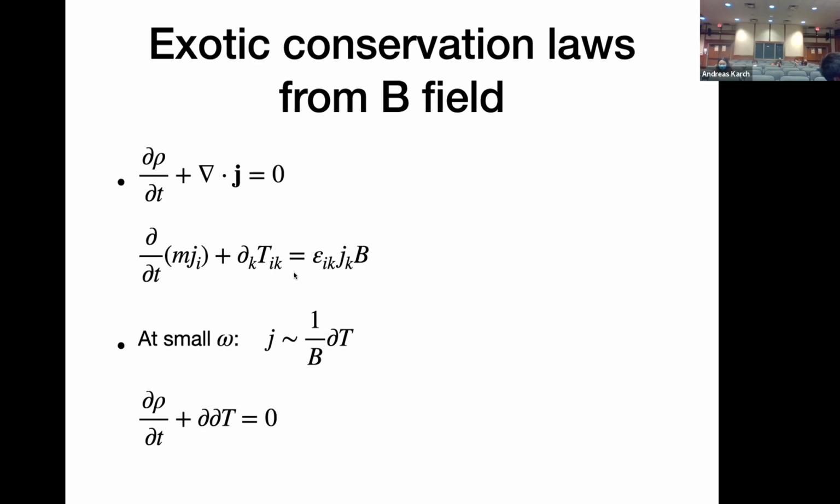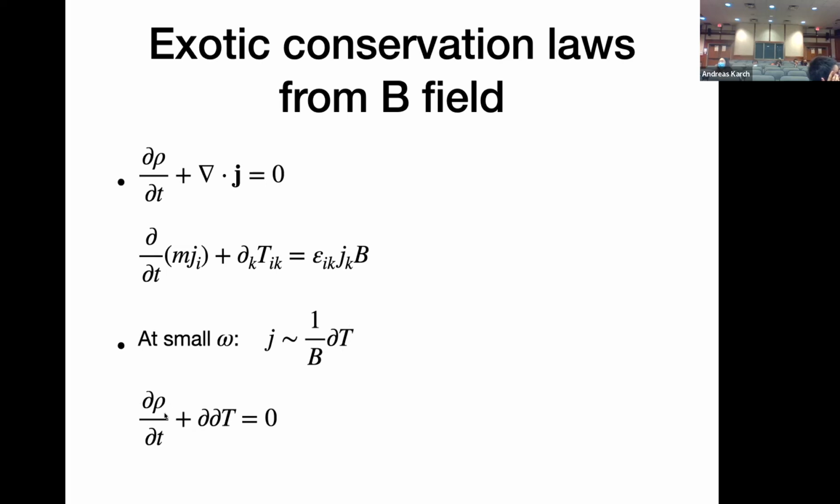So the second equation suddenly becomes not a conservation equation, but a constraint equation that says that the current is tied to the divergence of the stress tensor. I'm suppressing here all the indices. One can easily restore them and say that J is equal to 1 over the magnetic field times the derivative of the stress tensor. Now one can put that into the equation for the conservation of charge and convince ourselves that